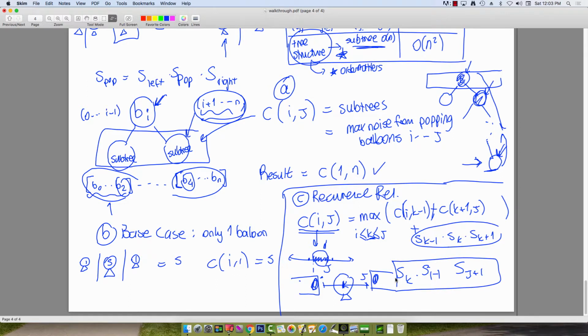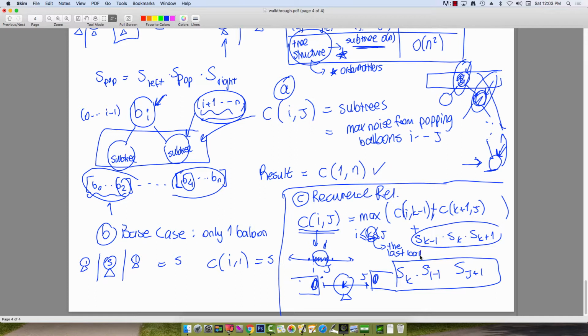And the important thing here is that this k is not the first balloon that you pop, but instead it is the last balloon, because the last level in your subtree is where you can deterministically talk about direct values and direct noises. So instead of naively thinking, okay, let's assume I pop this one and then that one, we will just create the entire tree and talk about the sequence of popping starting from the leaves up. And basically k is going to be the last balloon